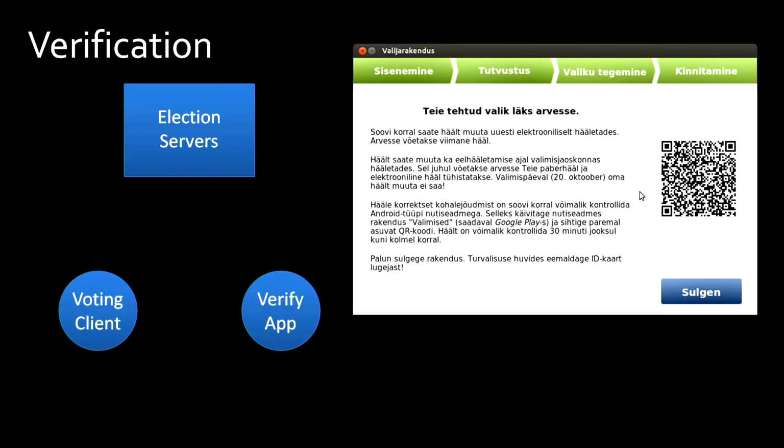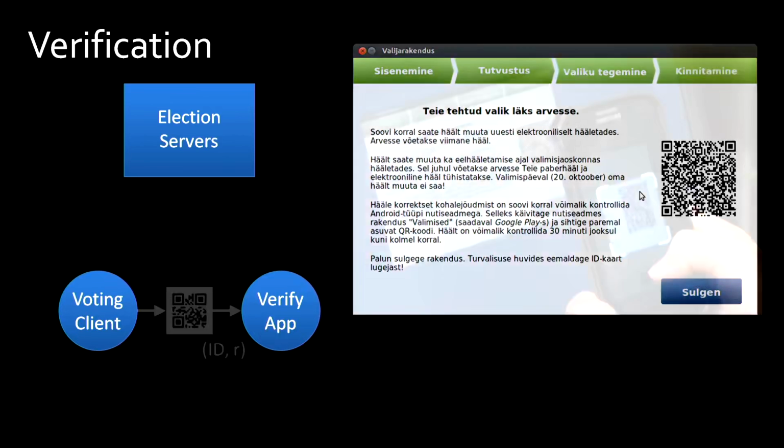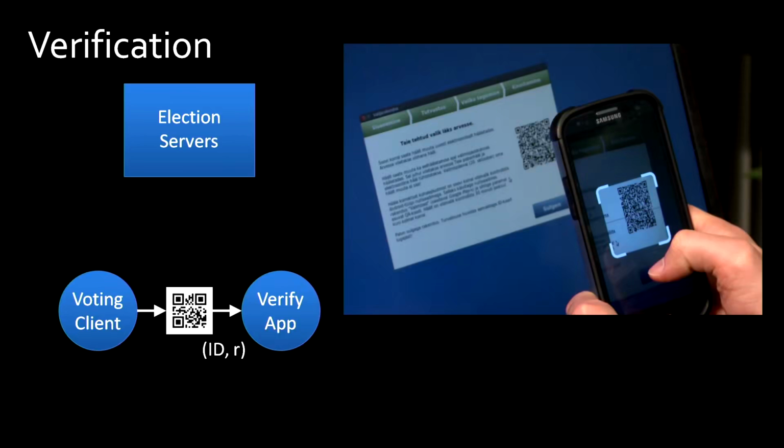Next, though, Estonia has a feature that's been introduced just in the last few years that lets you do something that they call verification. The last thing the election client software does is show you this QR code. The QR code contains two things: a ballot ID and the random coins that were used to pad the ballot before RSA encryption.